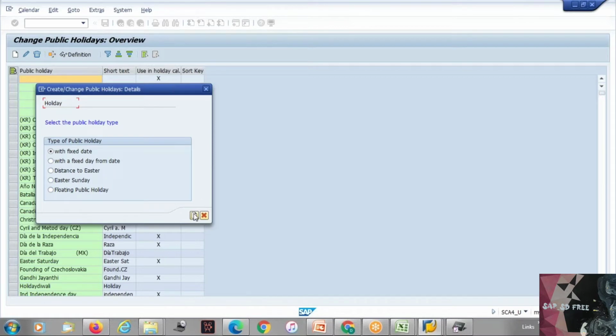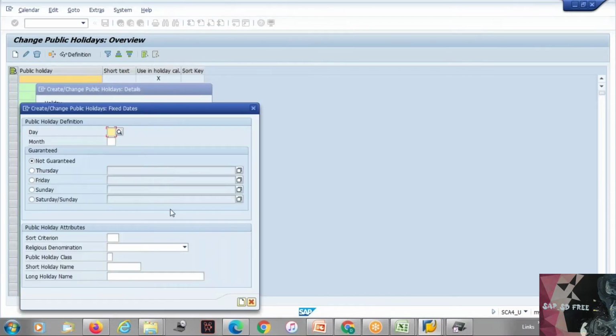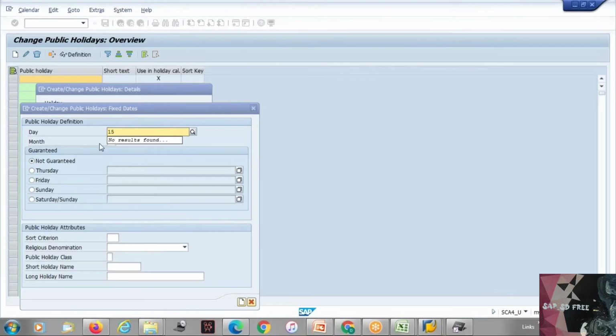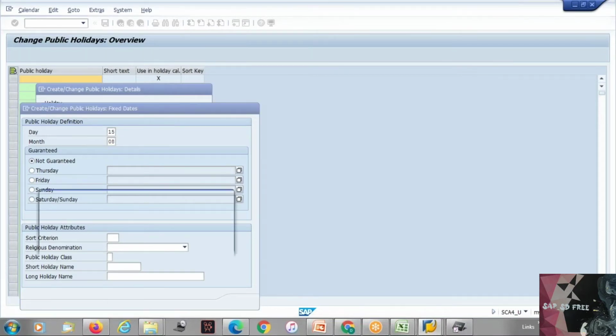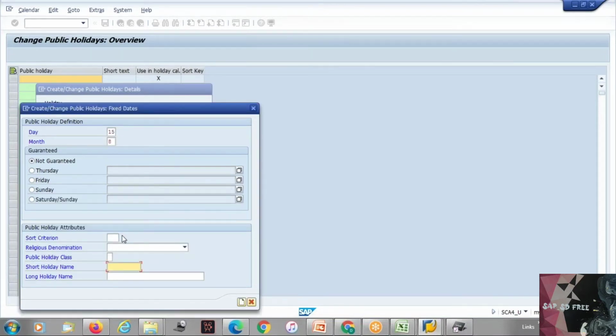I'll say it's a fixed date, because let's say August 15th is always a holiday for me. 15th of month 08, a holiday, and the day is not guaranteed. It can be on any other day. Just press enter. 15th, you enter some short text of it saying that